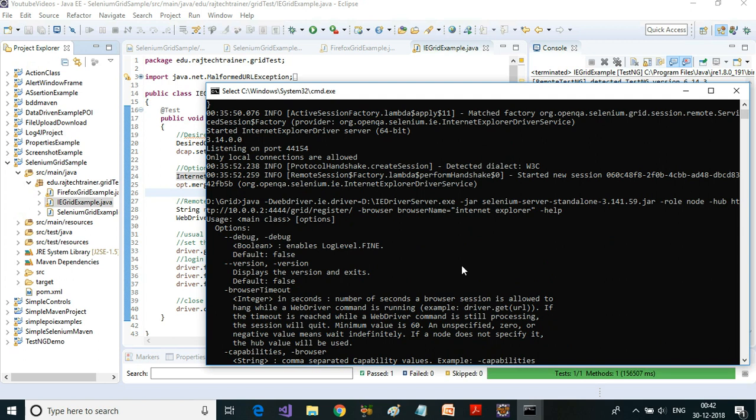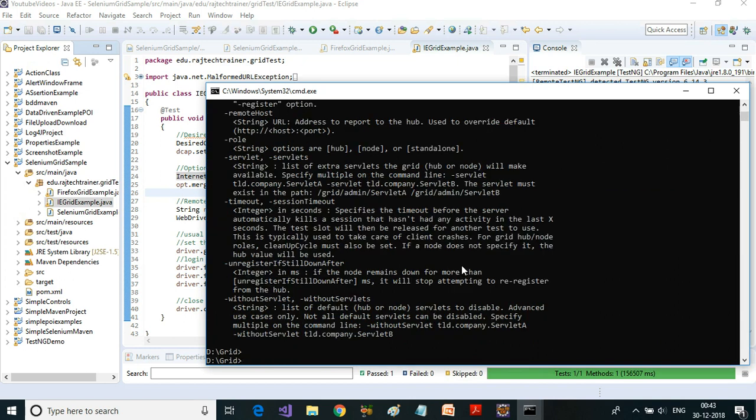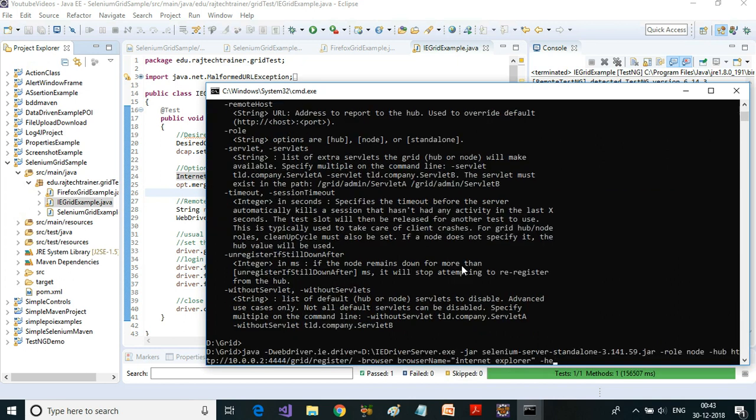If I want to register a particular node with multiple browser capabilities, how do I do it? I need to provide multiple browsers with browser name equal to Chrome.